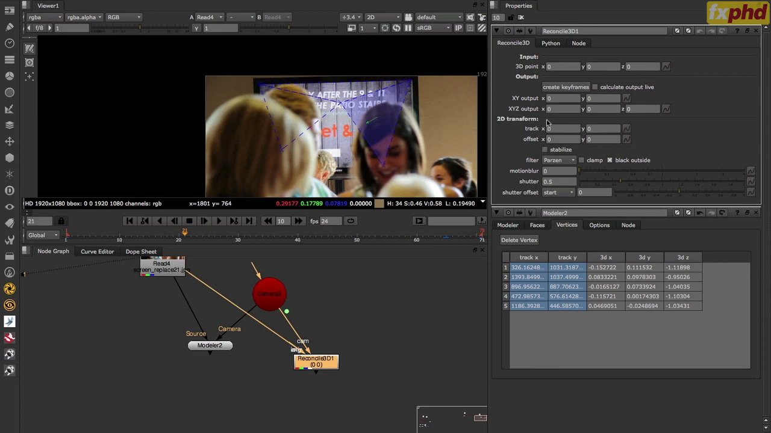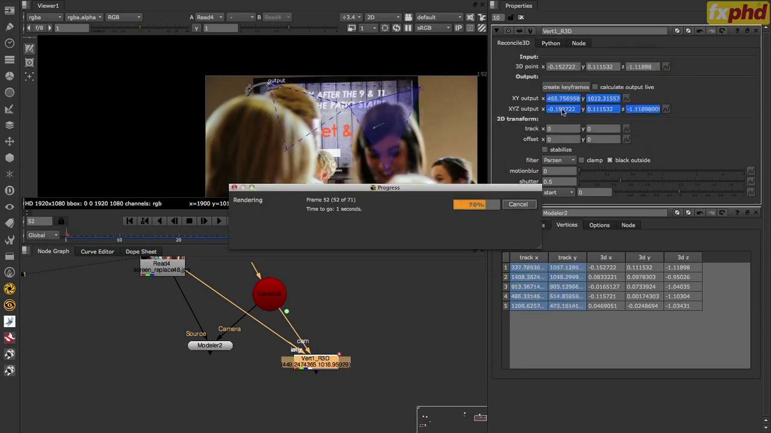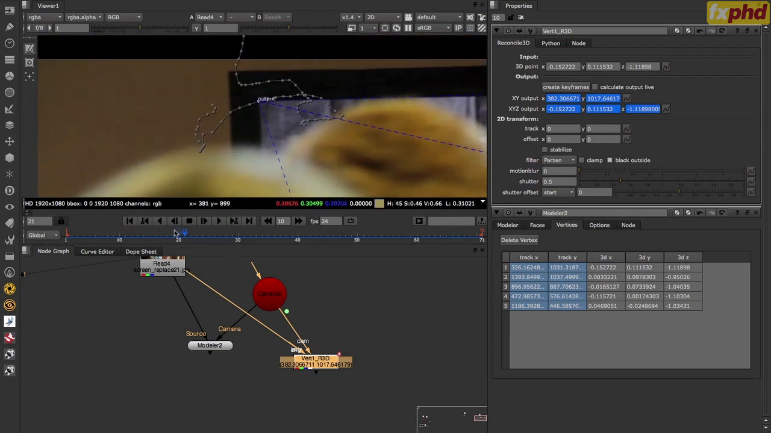Top left point is vertex 1, so we'll call this vert1 underscore r3d. And there's no way that I'm aware of to copy and paste these for some bizarre reason, so we'll just enter them. Minus 0.152722, 0.111532, minus 1.11898, and now we just say create keyframes, and away it goes, basically doing the exact same thing that we had with our other node, but in this case